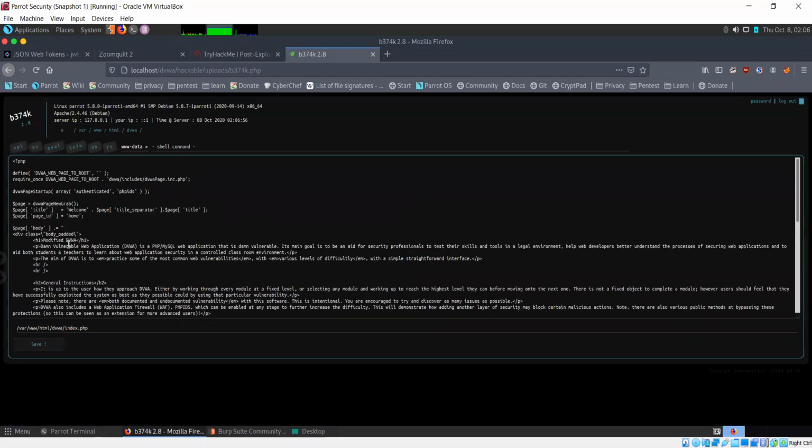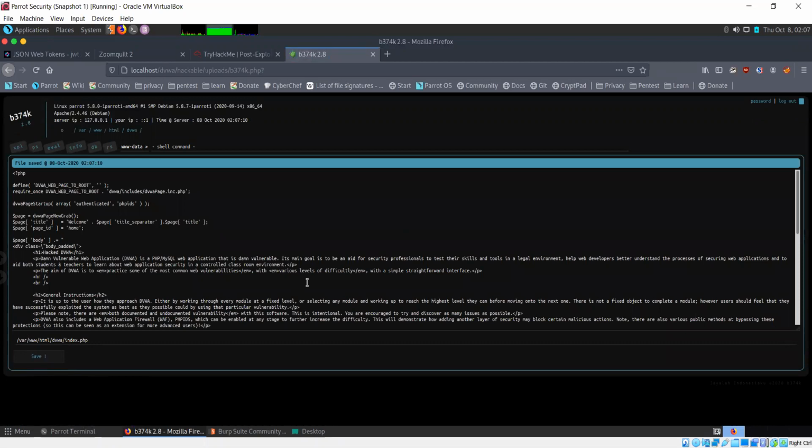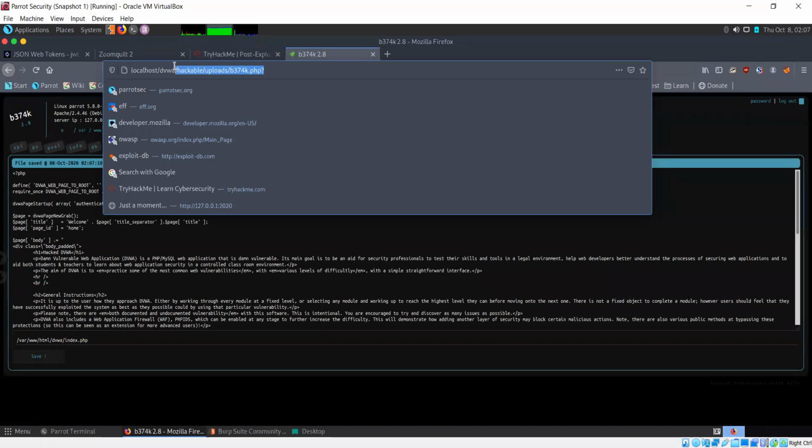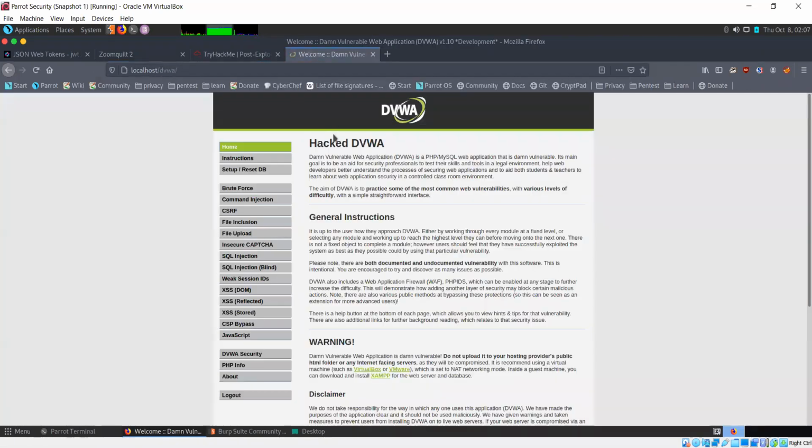I can change this modified dvwa to say hacked dvwa. If I save it, it has been saved. If I go to dvwa now, it's going to say hacked dvwa.